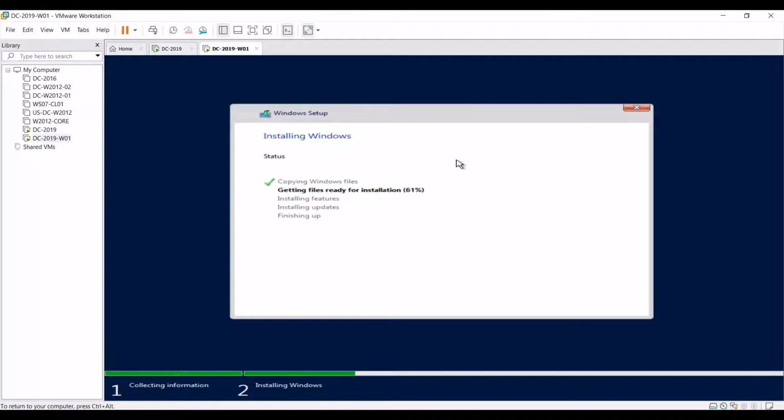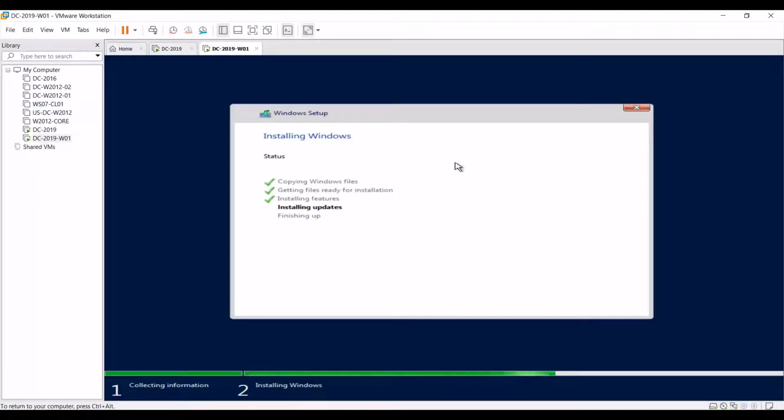Percentage completed. So the features are getting installed.